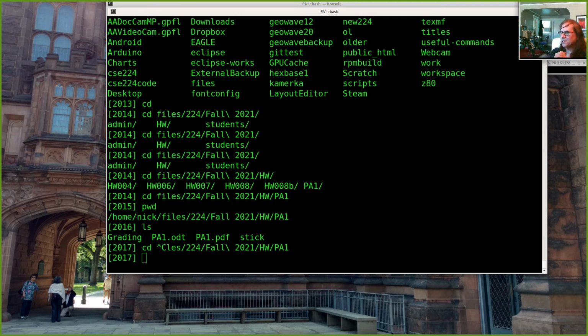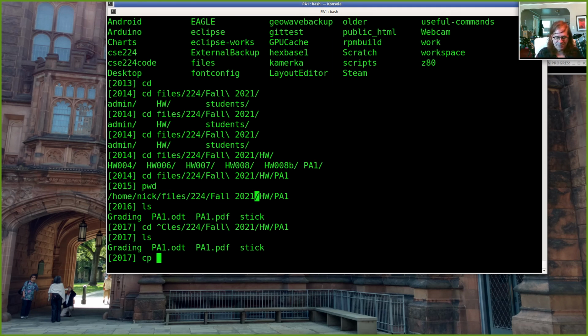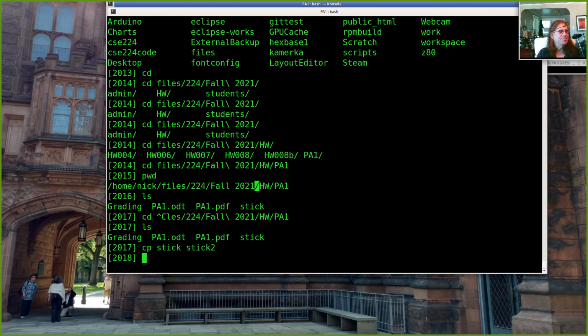And backups can be as simple as, I'm working on a program called stick. I can just make a copy in a file called stick2. And now if I accidentally delete stick or I make some changes I didn't mean to, I've got a backup of it, right? Or you can make a directory and just copy your files into that directory periodically. You can use a flash drive or an external hard drive to keep copies that are separate from your hard drive in case the hard drive in your PC fails. And hard drives fail eventually.